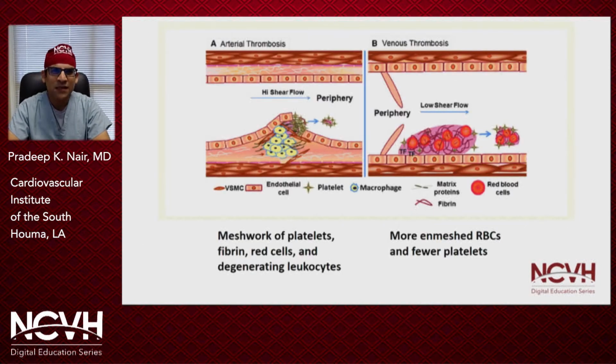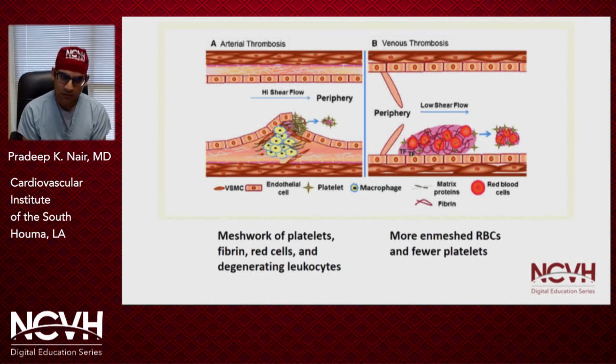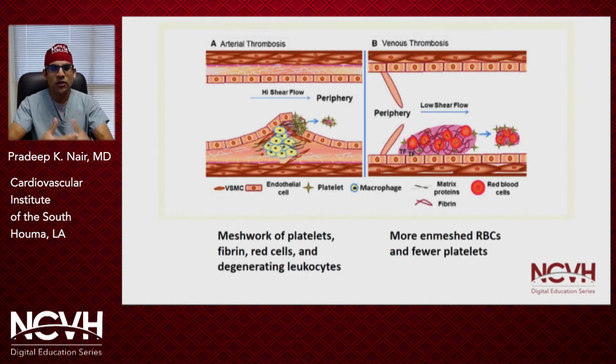So simplistically, what we think about with arterial thrombosis is the notion of plaque rupture, where you can get platelet binding and platelet aggregation, leading to the initiation of a clotting cascade. But what we can see in the venous side of things is that there's very slow flow and low shear force, and the inflammatory process that occurs attracts a lot more red blood cells, and you have more red blood cells that are enmeshed in fibrin and actually fewer platelets.